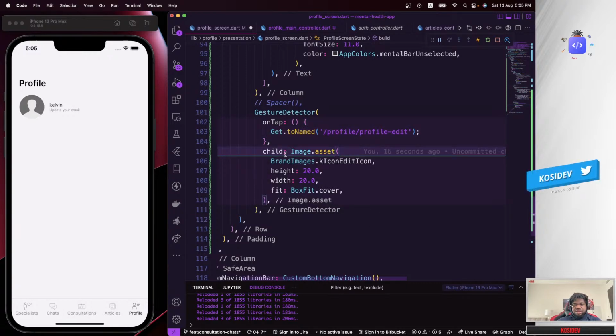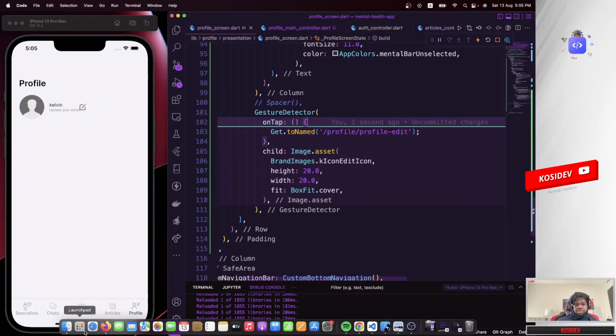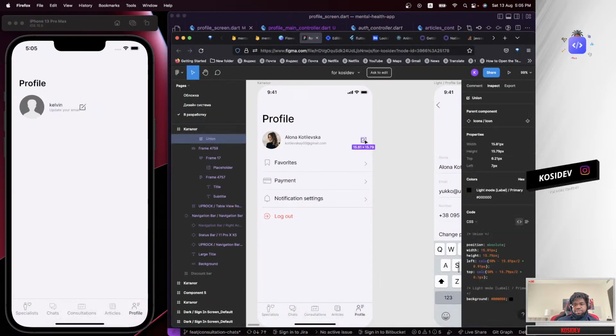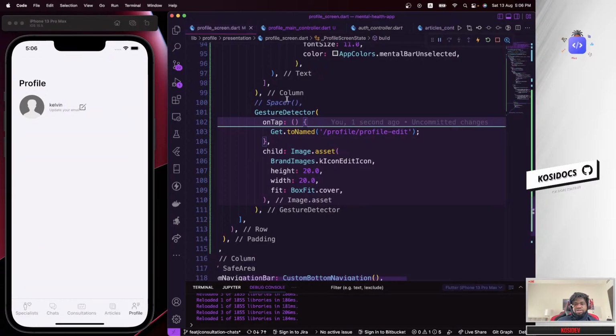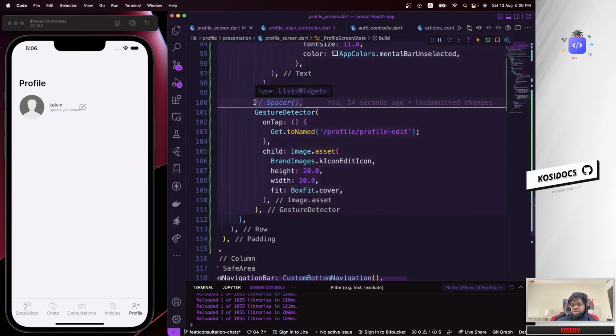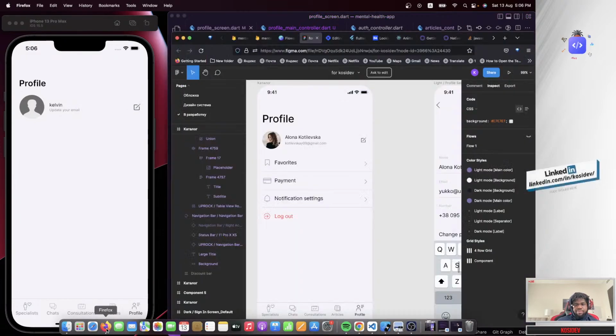And again, in there we have this image.assets. Like I said, it is an image that shows. Let's save this. So this is the edit button image I told you guys about, which is basically this. So this image right there, that's what we added. But we need to push this to the end. To push that, just uncomment this out. You basically uncomment that, save it, so it will push this to the end,